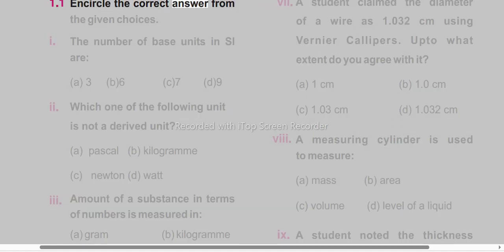Encircle the correct answer from the given choices. The number of base units in SI